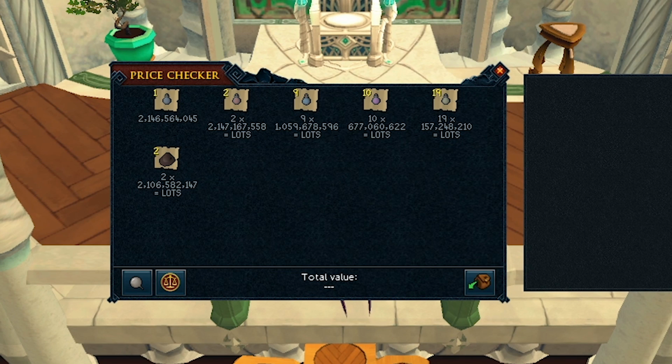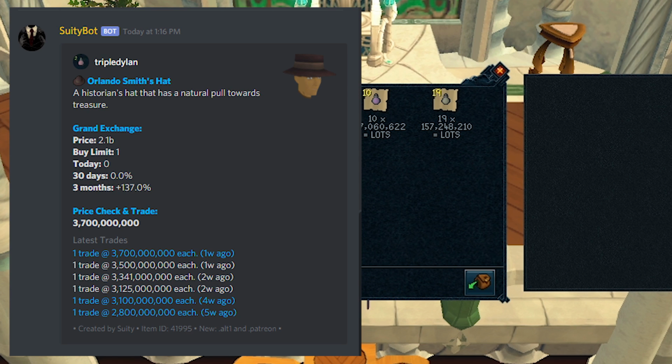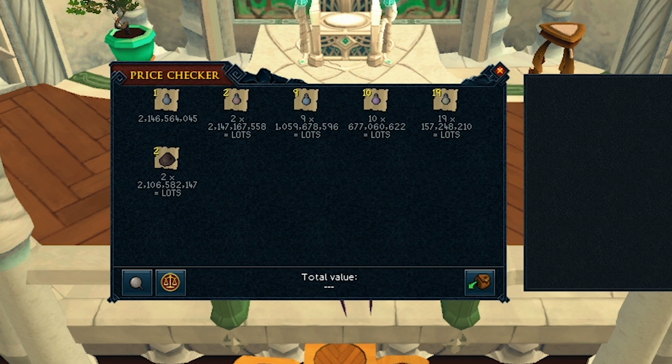So of course when you've got high tier dies, high tier items, you can't really go off GE, especially when Blood Die and Third Age Die and Orlando Smith sets are all over max price, right? So I grabbed the average pricing from Price Check and Trade Discord, and went off that for all of my items that are over max cash. Of course, things like the Orlando Smith set being at 3.7 billion GP each, which is absolutely insane to me. I would never have expected that, but